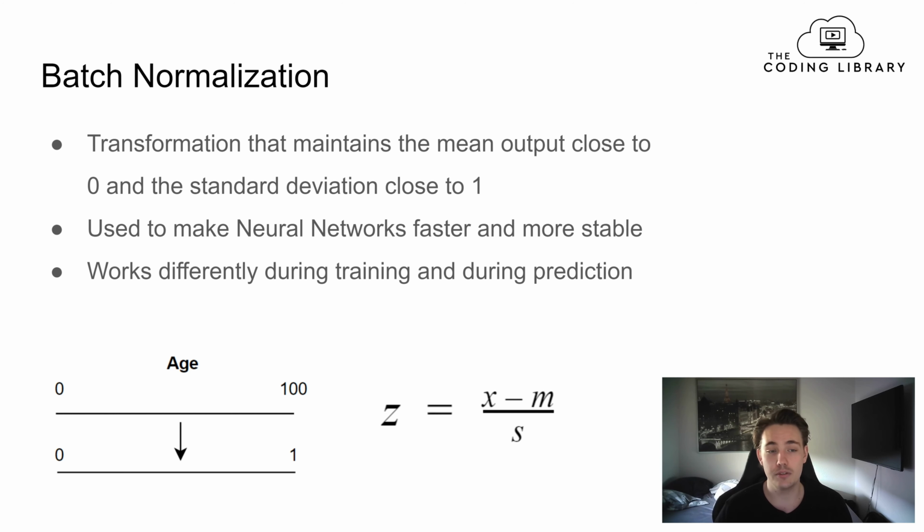And when we're operating with neural networks, we often want values between 0 and 1, especially when we are updating the weights and so on. So it's easier for the neural network to learn when we're dealing with values between 0 and 1. So that's why we're normalizing